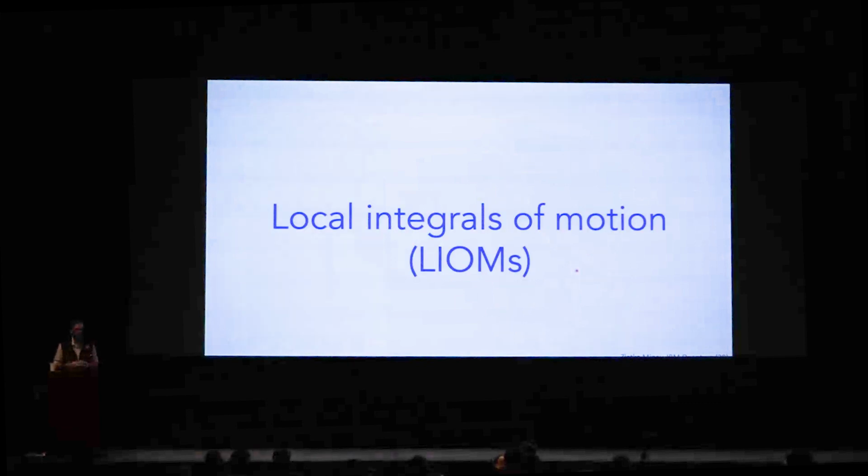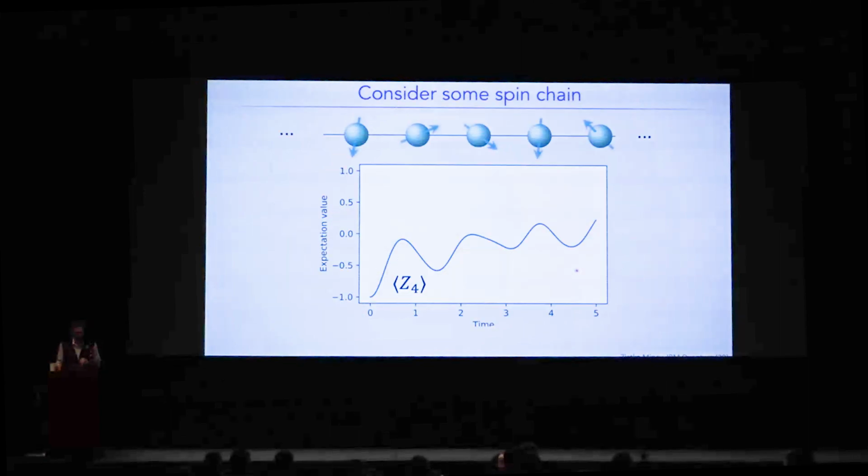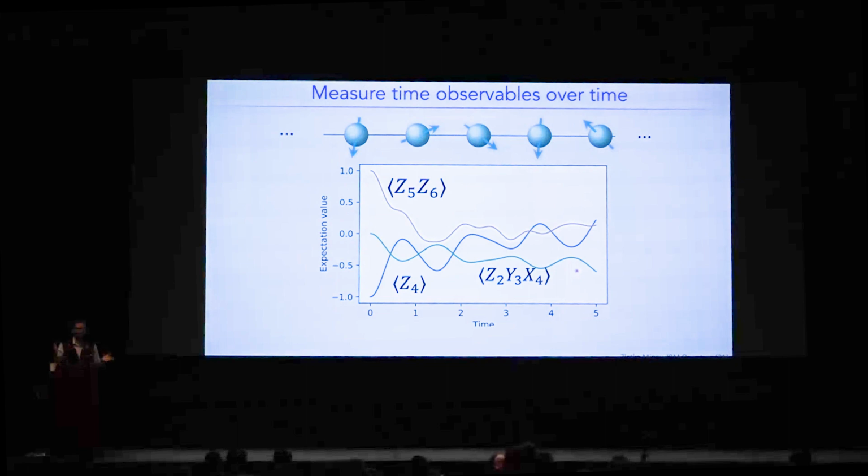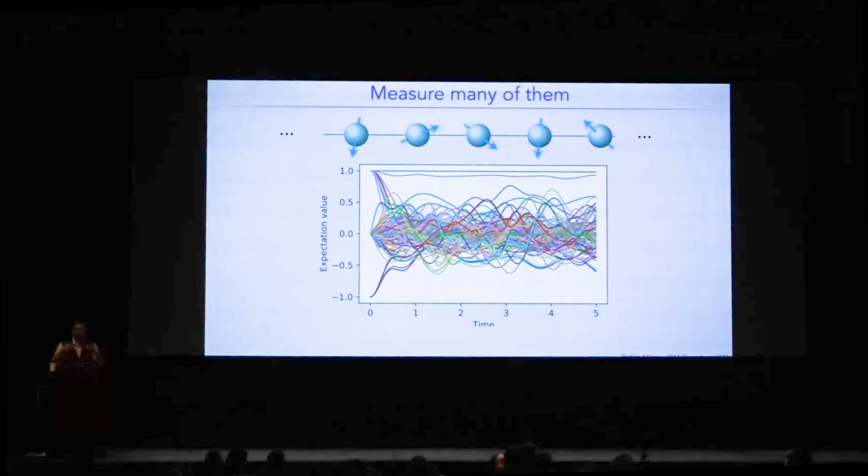Where things get a little bit more interesting is now, let's see, how do we, from this data, uncover the actual integrals of motion? So the basic idea is the following. Consider some spin chain. You can measure different Pauli expectation values that time evolve, and you can measure more and more of them. Let's say that these are all local in a sense like this. In fact, you can keep measuring and parallelize things, and you get what looks like basically a bunch of chaos,